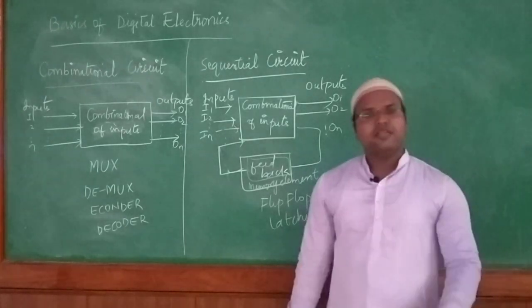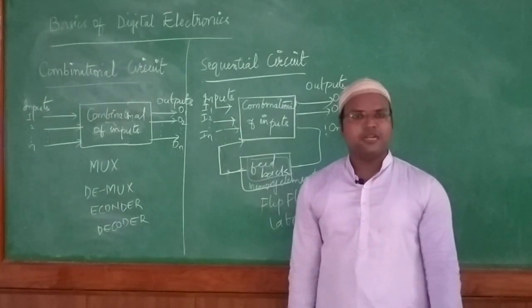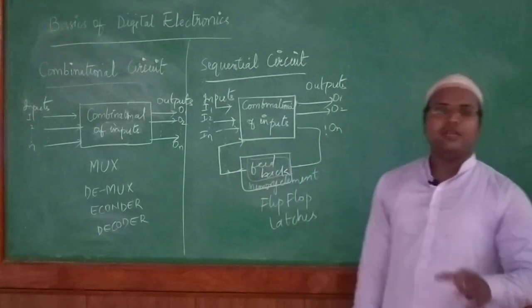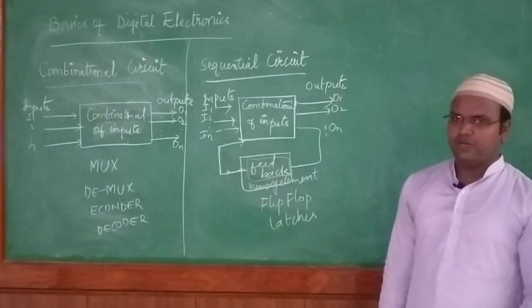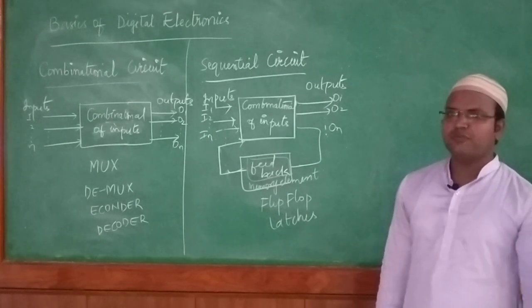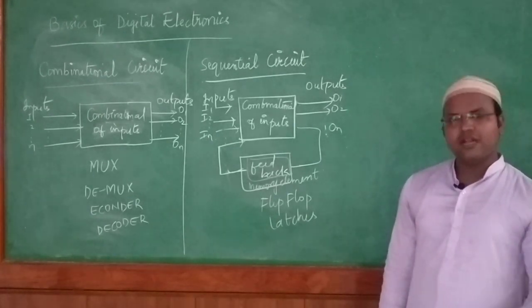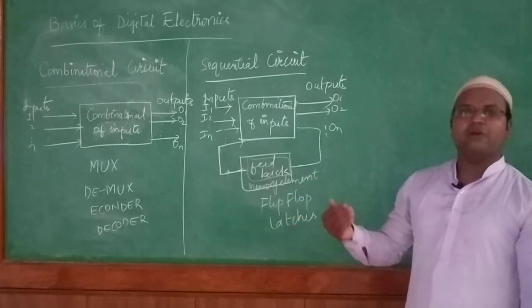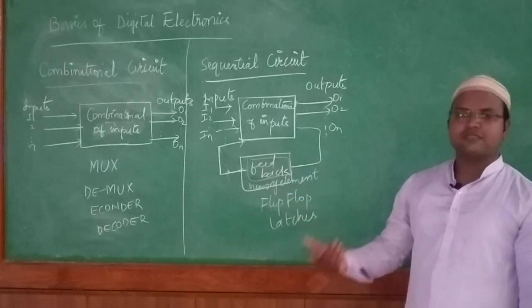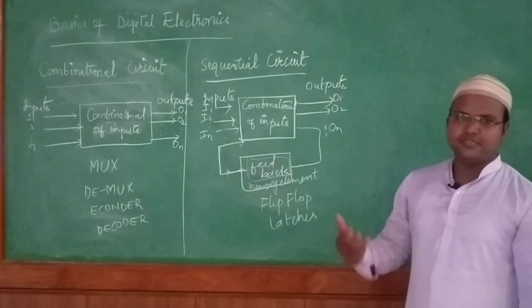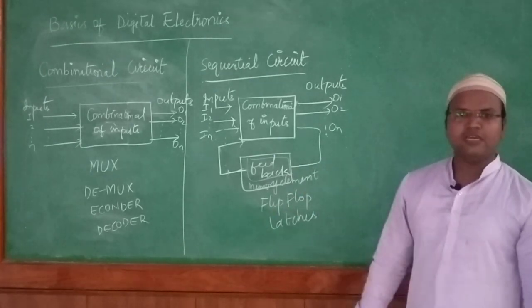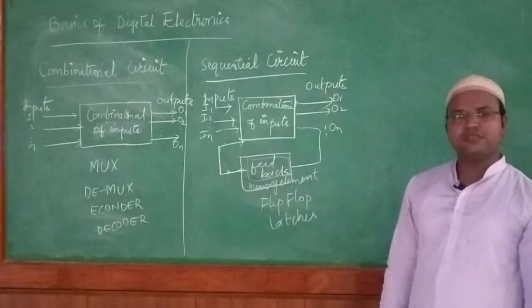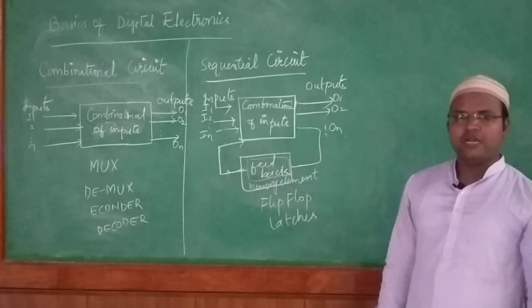In the next digital electronics class, we are going to learn unit 1 in depth. The first concept of unit 1 will be the number system. In the number systems, we are going to see the binary, octal, decimal and hexadecimal systems. All those systems we will see, along with their combinations and conversions. That is in the next class.